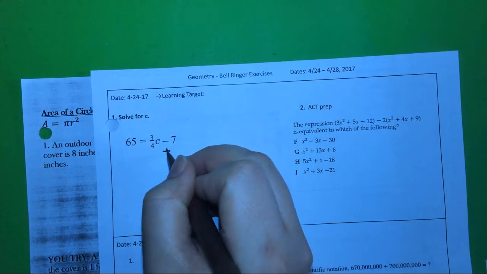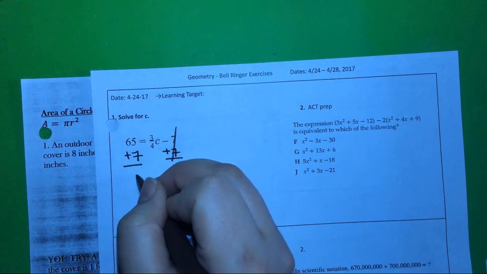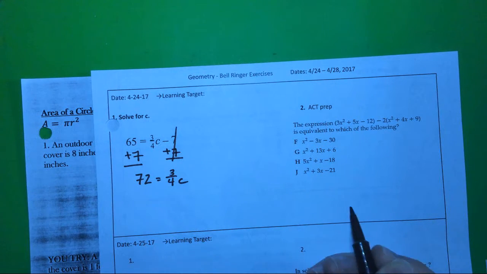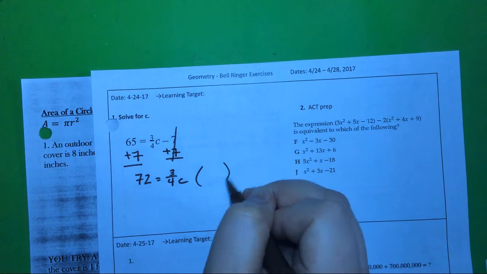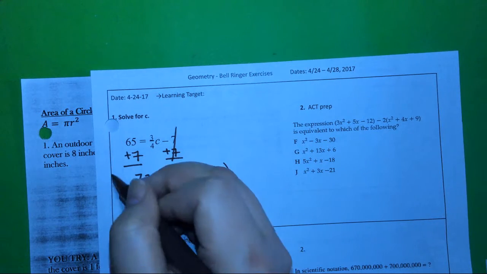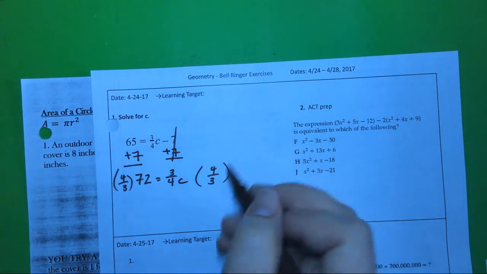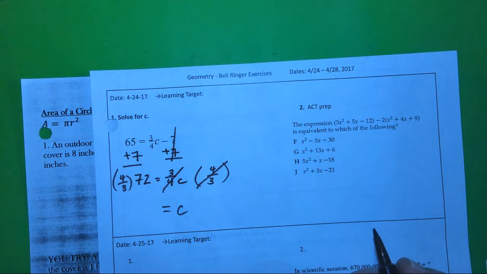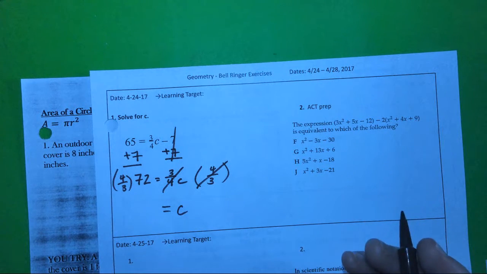Okay, if I add 7 to both sides, I have 72 equals 3/4 C. How do I get C all by itself? And we call that the reciprocal. So if we multiply both sides by the reciprocal, we're going to get our answer. So you typed in 4/3 times 72 in your calculator, and you got